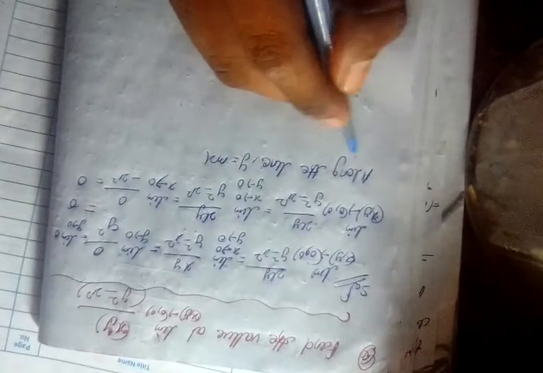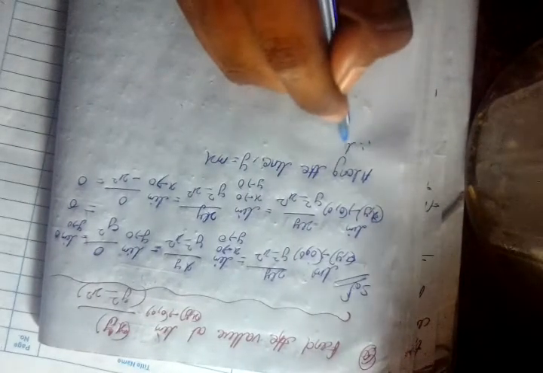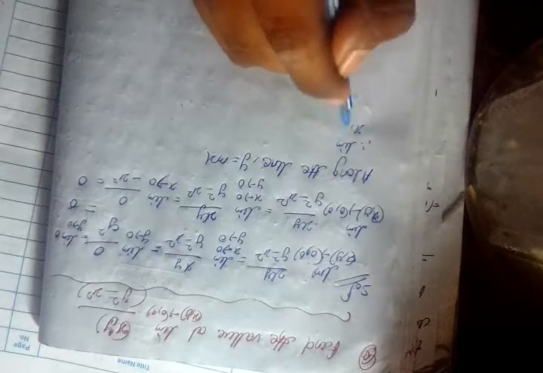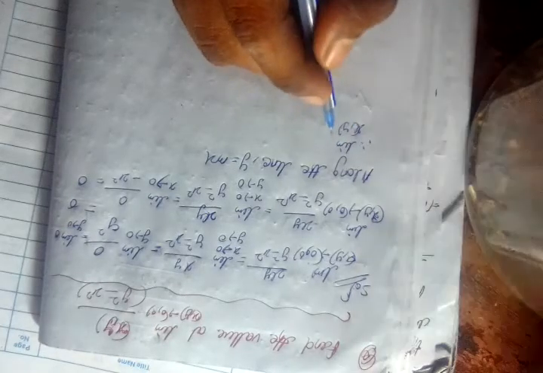Along the line y is equal to mx, therefore limit xy